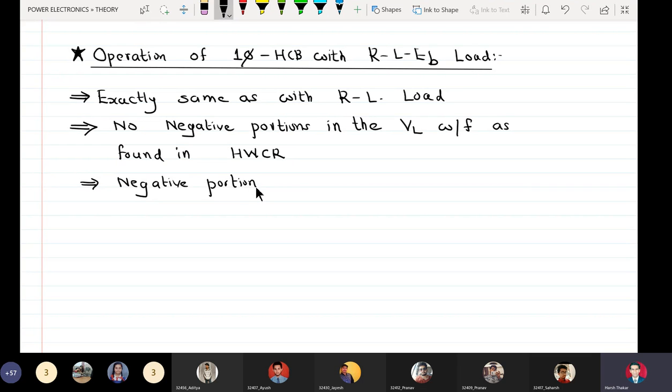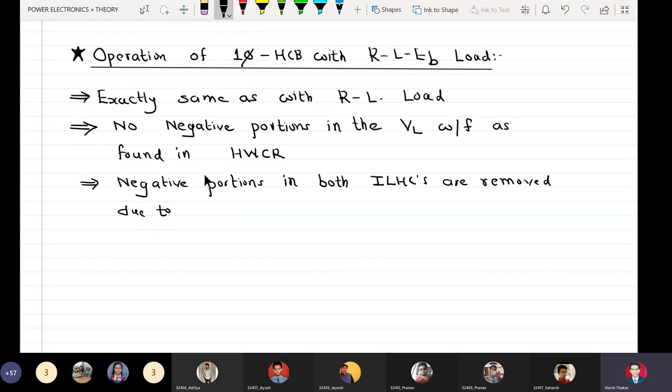Negative portions in both illegal half cycles are removed